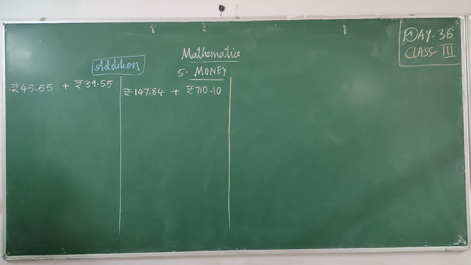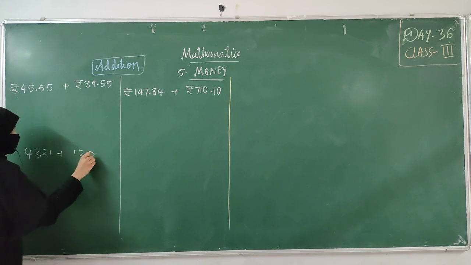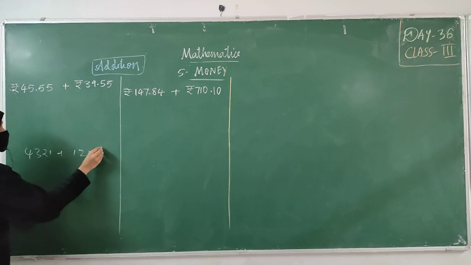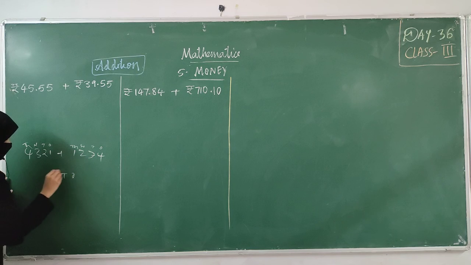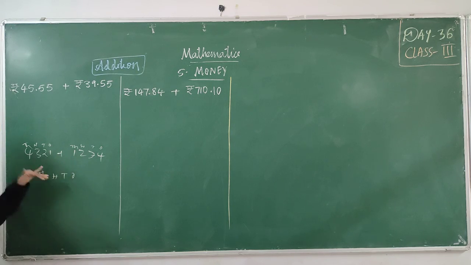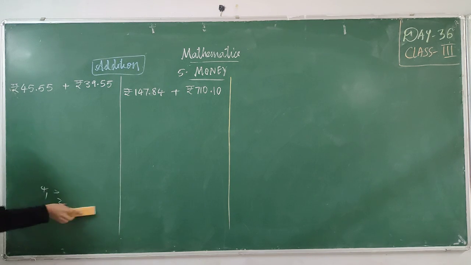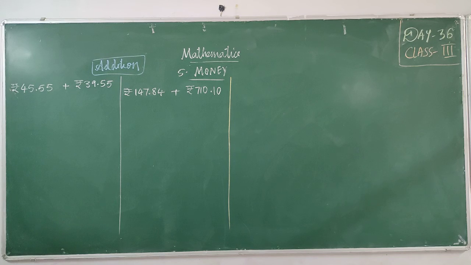Now here, when we were adding common numbers, like in the chapters we did 4, 3, 2, 1 plus 1, 2, 3, 4, how was it? We were using ones, tens, hundreds, thousands, and we used to substitute these values into the places. Thousands place has 4, hence 3, 2, 1, thousands place has 1. Like this we used to substitute while doing addition and subtraction. Here also it is something similar but a little bit changed.